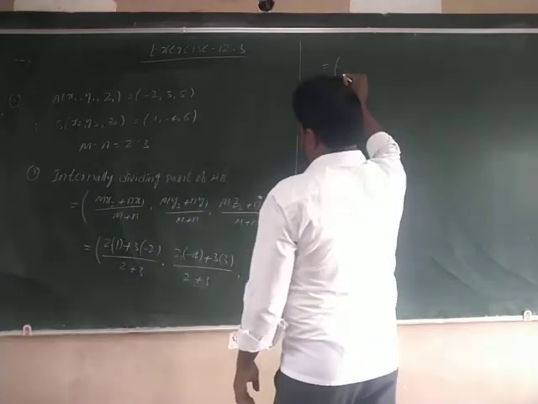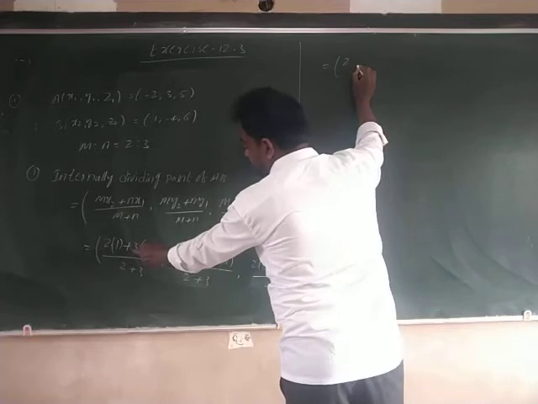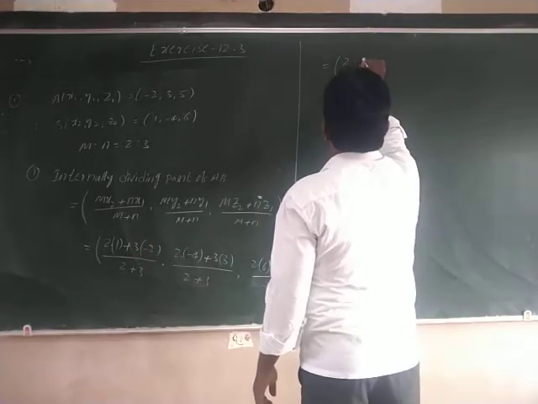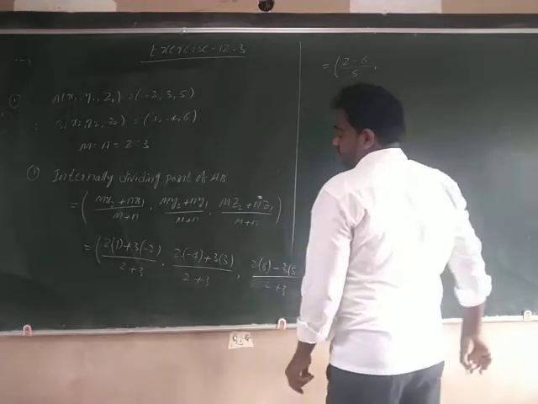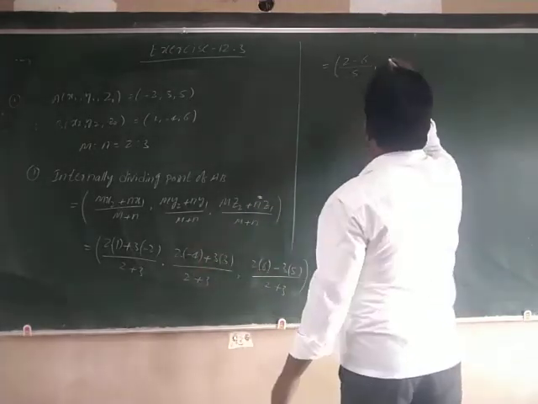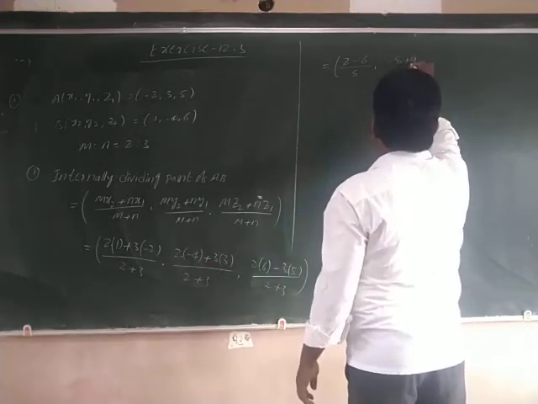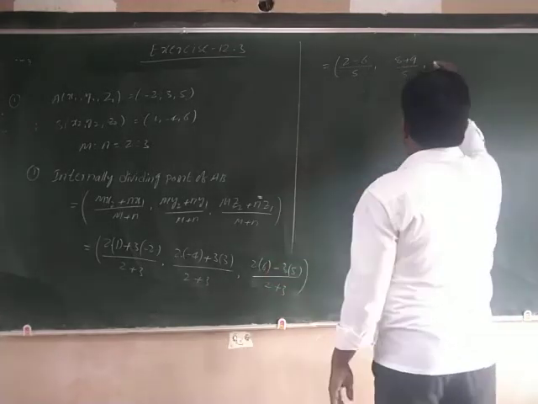This is equal to 2 into 1 is 2, plus 3 into -2 is -6, so (2 - 6) by 2 + 3 is 5, comma, 2 into -4 is -8, plus 3 into 3 is 9, by 5, comma, 2 into 6 is 12,